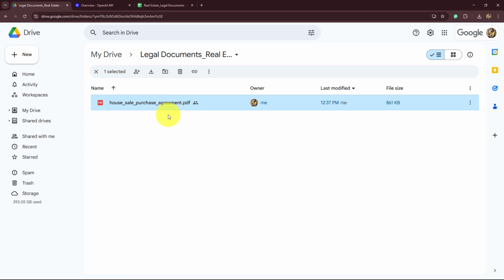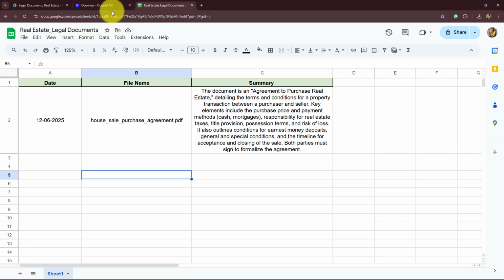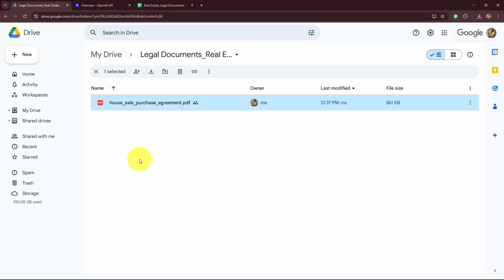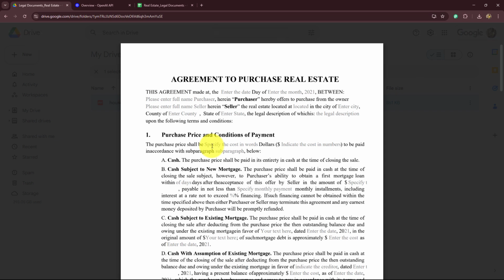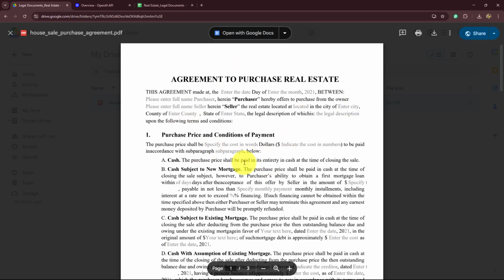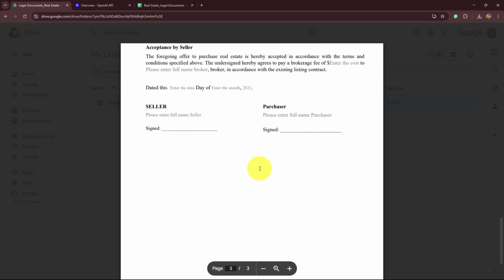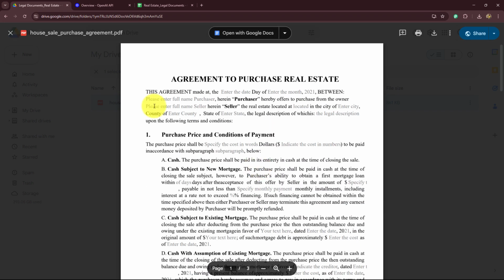In this video, we are going to learn step by step how to automate legal document summarization for real estate in Google Sheets using AI agent. So as an owner of a real estate agency and consultancy, I often receive lengthy legal documents like this, such as property deeds, agreements and title papers that need to be understood quickly, and for that I need to understand the summary of this entire long document, because reading the entire documents every time is a time consuming and a